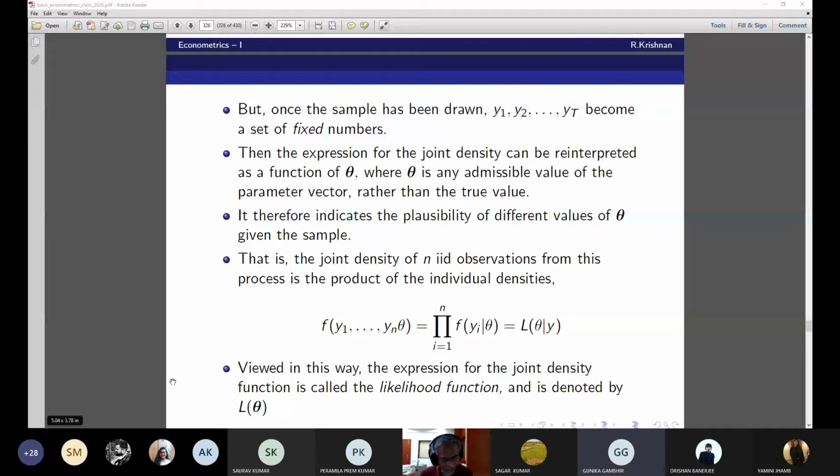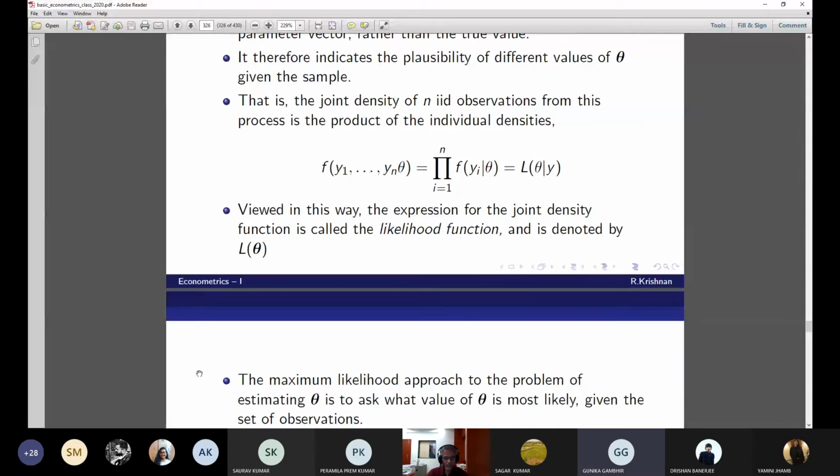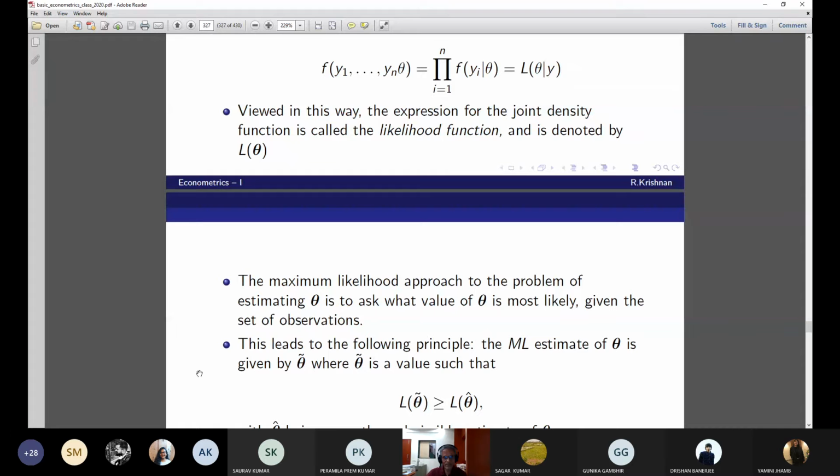But would we be taking expectations here as well? Of course, I'll be taking expectation here also. I'm now worried about only one set of parameter vector. That expectations will come when I'm discussing the properties of this estimator. We discuss the expectation only when we're discussing the small sample properties of the least squares estimator. Right now we concentrate only on obtaining this parameter vector, theta.